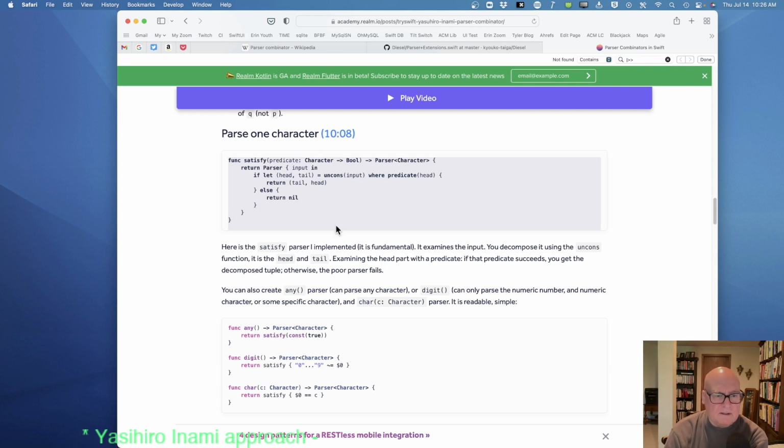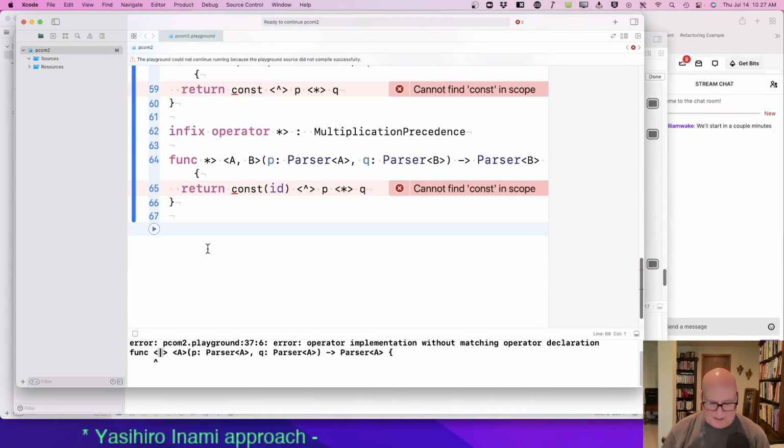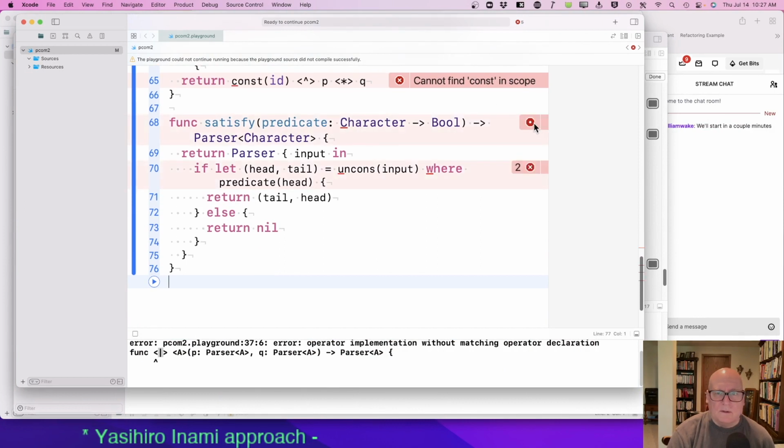Satisfy, you give it a const of true. I don't think you need that. Well, I think this function is reasonable. I'm not sure what we're going to do about these operators. Okay, character bool. Uncons.